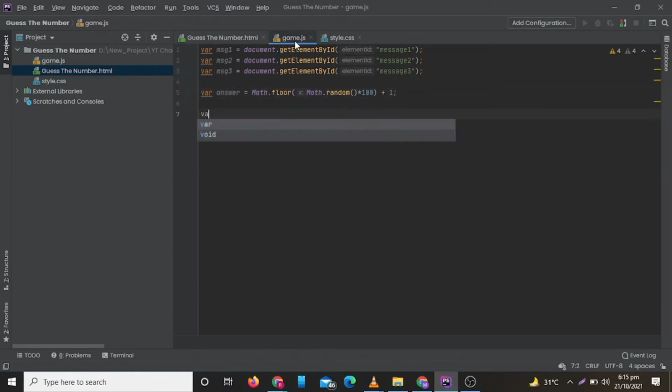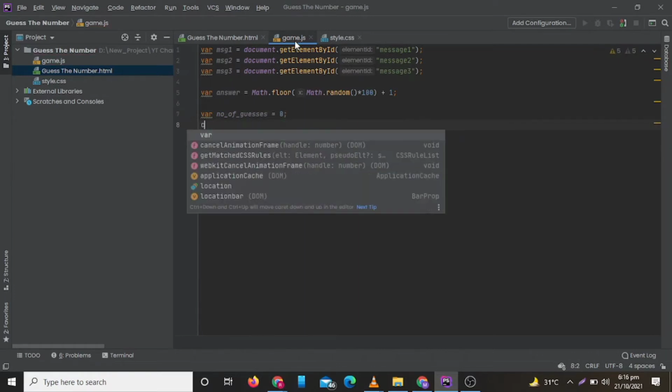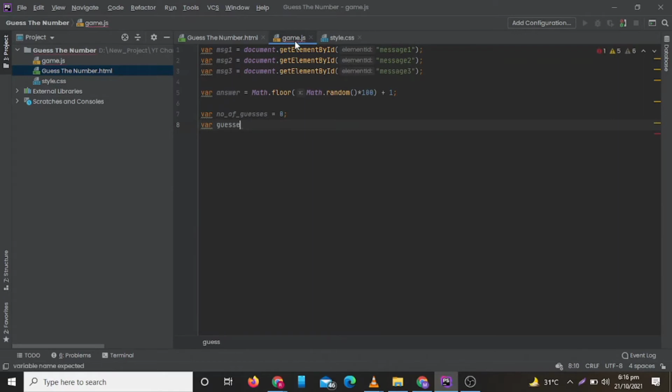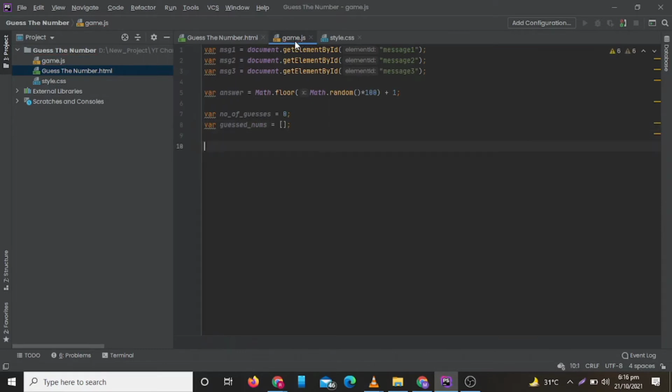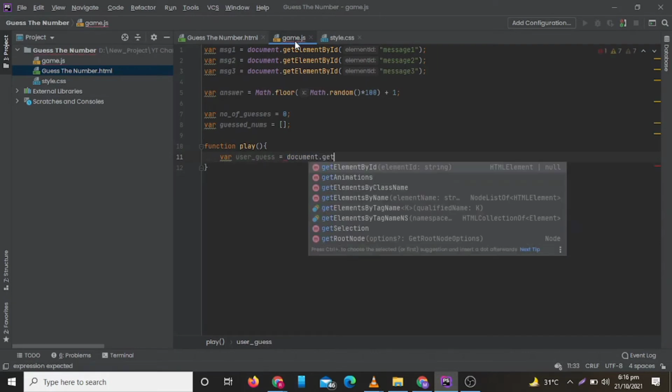Now let's create a variable for the number of guesses which we will make while guessing for the correct answer, and create an array for our guesses which will be stored in this array. Now let's create a function play which will be triggered on button click. In this function, first of all we will get our guess which will be entered in input.